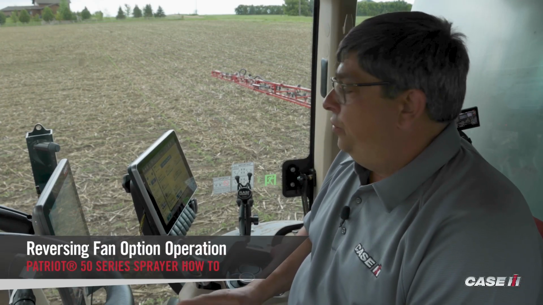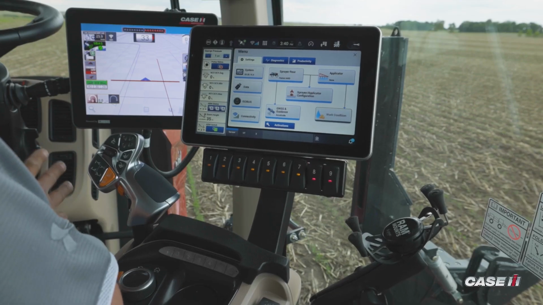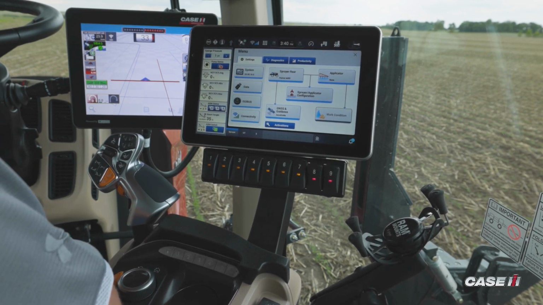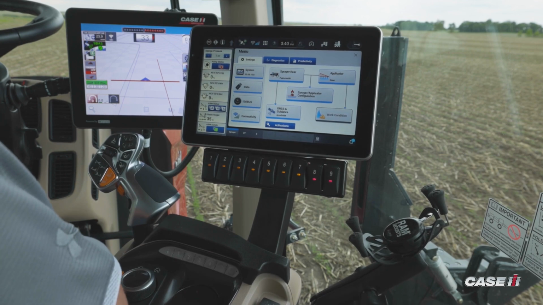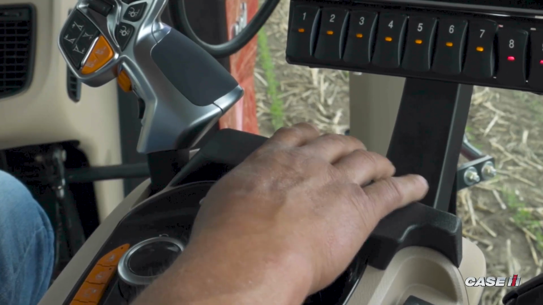Friction Alka Sprayer Specialist with Case IH, here to go through and set up the reversing fan, if equipped with your sprayer. The reversing fan is an option, so you may or may not have it depending on how you ordered it. So how I would go and initialize my reversing fan is I would hit the gray up button